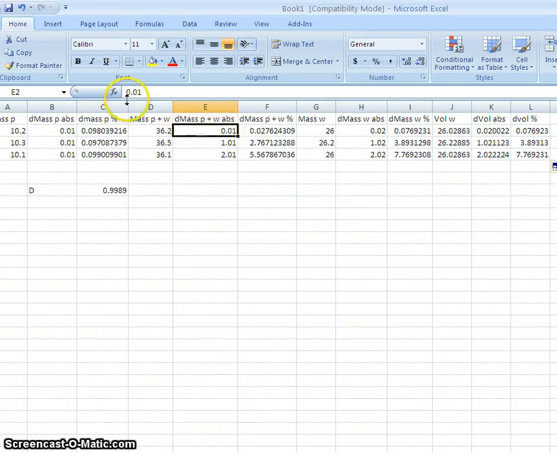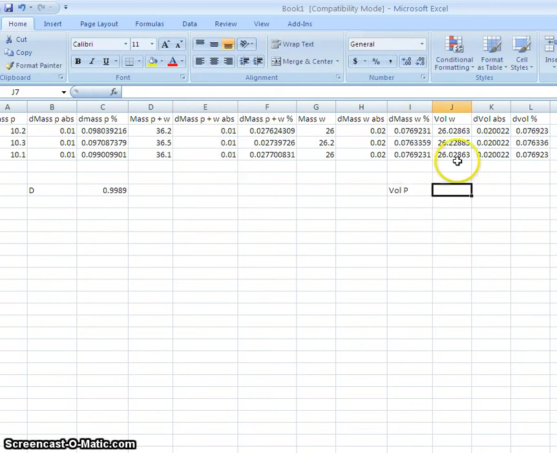Remember, this is one where I just typed in 0.01. This one I typed in equals 0.01. In the fill down, it keeps them the same. This one, it changes. So what I could do is make this equals 0.01. And I can fill that down and it calculates that, changes all my numbers, and now I've got my pycnometer set to go. There's maybe one last thing that you want to do and figure out what the volume of